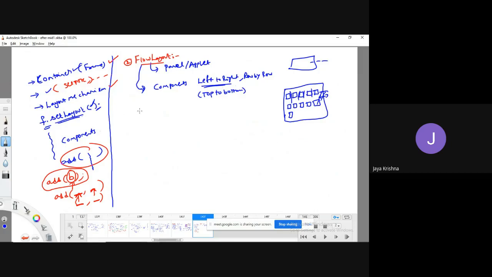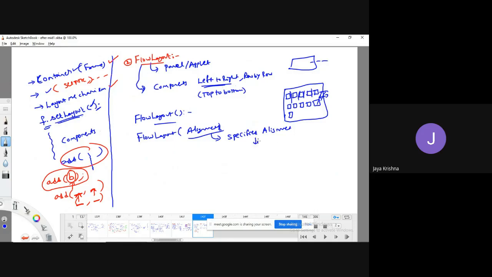Okay, fine. So this flow layout is also a predefined class. It has a default constructor, which is going to create the flow layout. If you wish to set alignment, you can go for the flow layout of alignment constructor. By using this constructor, you can get the output using the specified alignment.